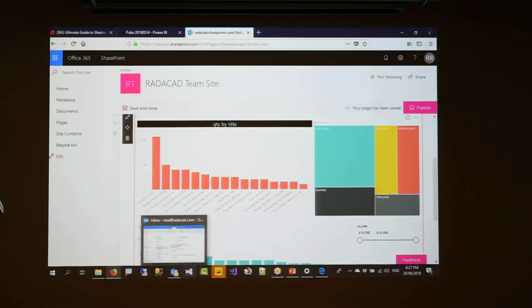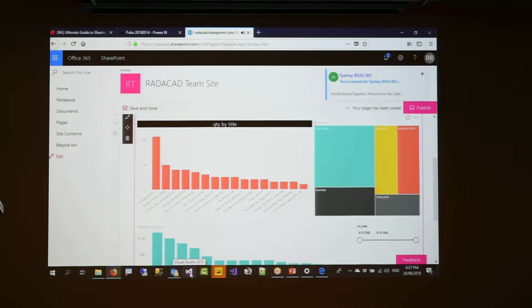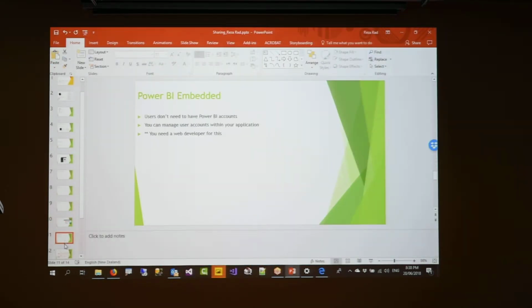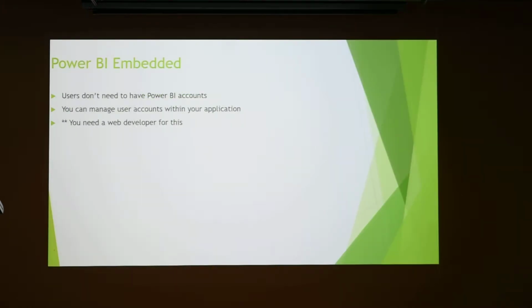So let's talk about the next method of sharing. The next method of sharing is called Power BI embedded. This is a method of sharing that you can use even with users who do not have a Power BI account. Let's say, for example, you have a web portal,